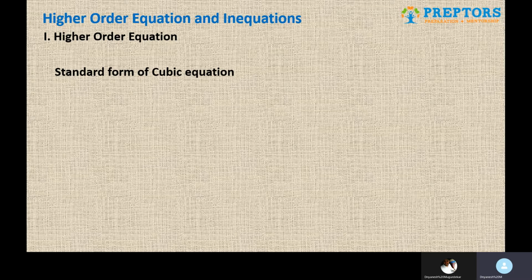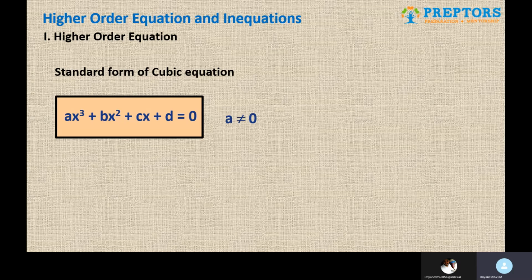So as usual, two things that you should be aware of as far as any equation is concerned. One is the standard form and second is the graph of that equation. So the standard form of cubic equation is obviously in continuation with what we have been seeing so far, which will be ax cube plus bx square plus cx plus d is equal to 0 as long as a is not equal to 0, and degree is 3 obviously, and hence any cubic equation when we factorize we always have 3 roots of the cubic equation.